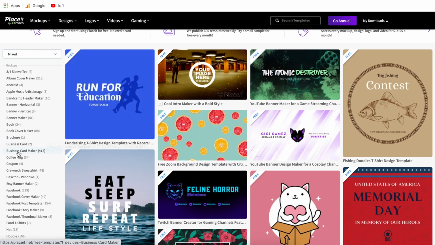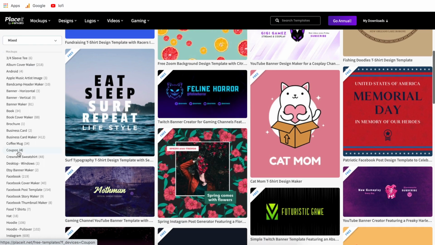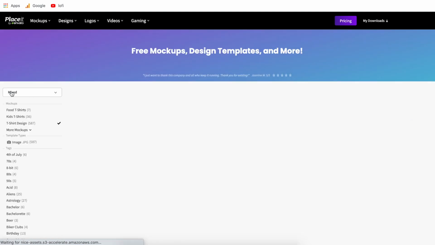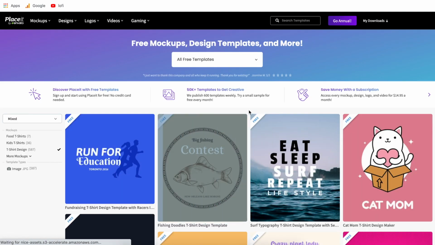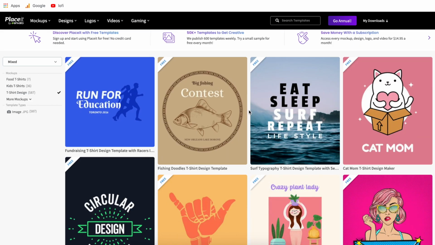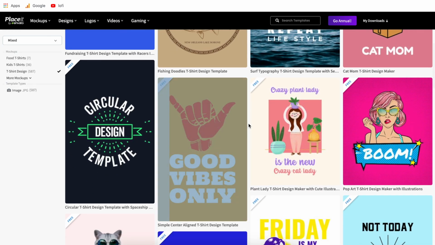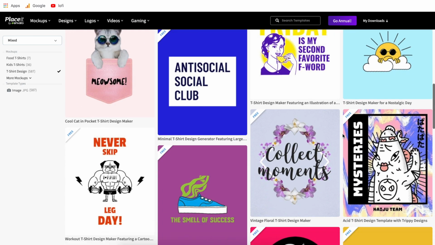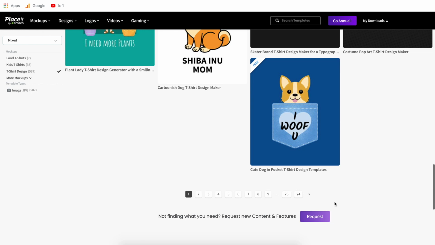So we're going to want to come to this left side, scroll down, and go to t-shirt designs. When you find t-shirt designs, you're going to have 587, or 500 plus, different templates that you can choose from. Although these are made for t-shirt designing, you will find that a lot of these work as a logo for YouTube. As you scroll through here, some of these are actually pretty awesome, and they are completely free to use. And when you scroll down here, you can see you have a lot more pages than just the standard 4 that we saw on the free logos.